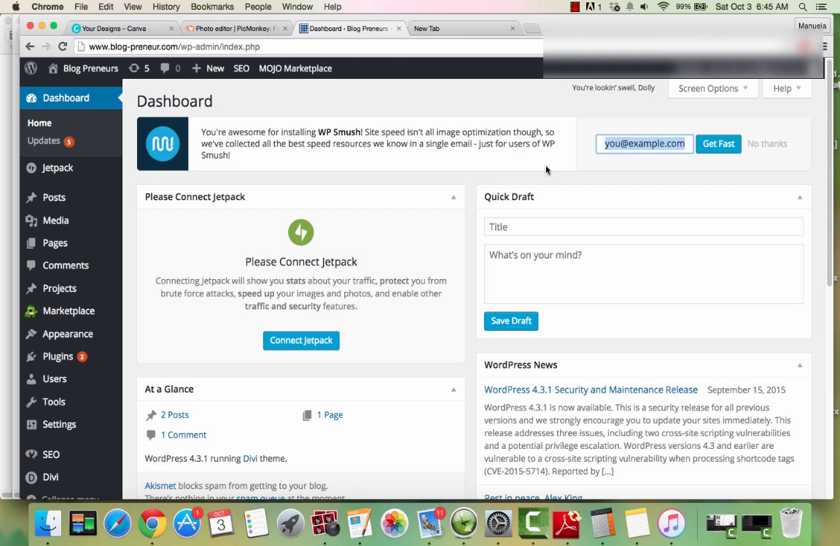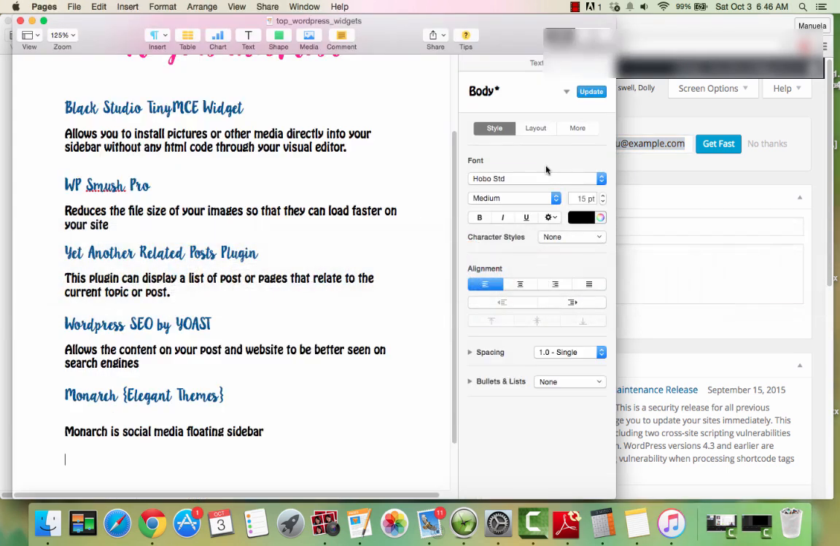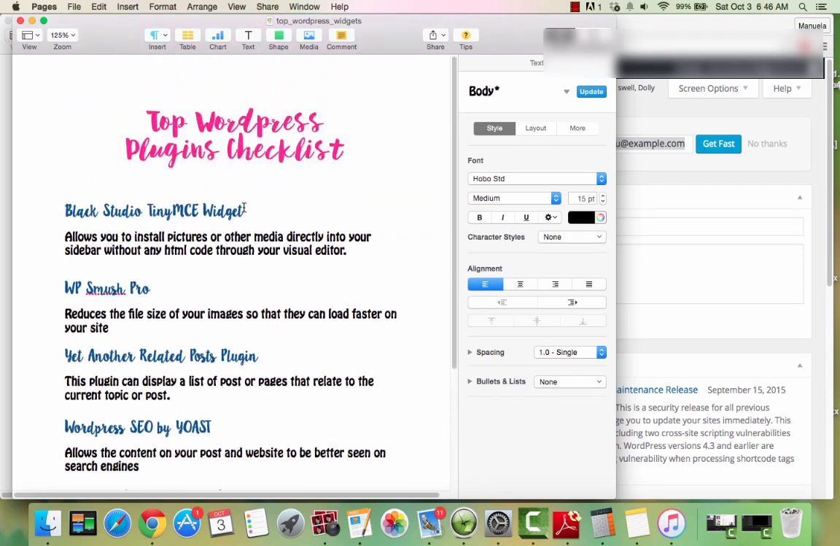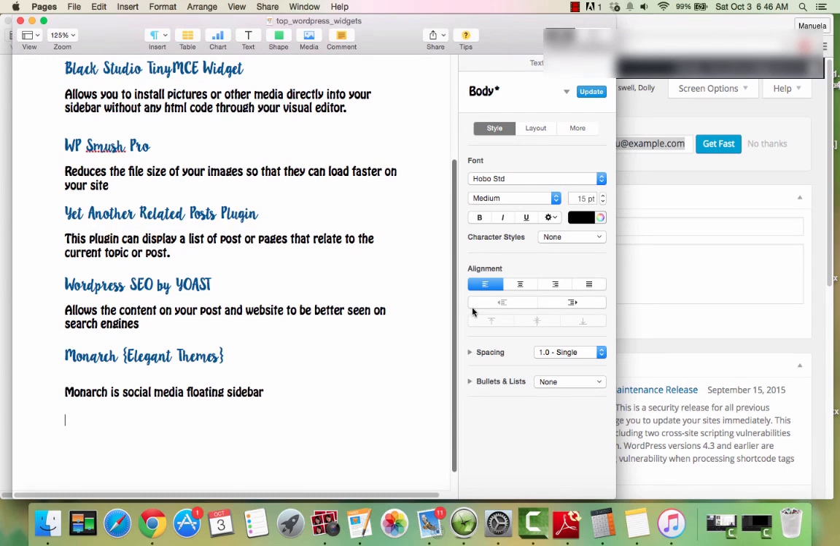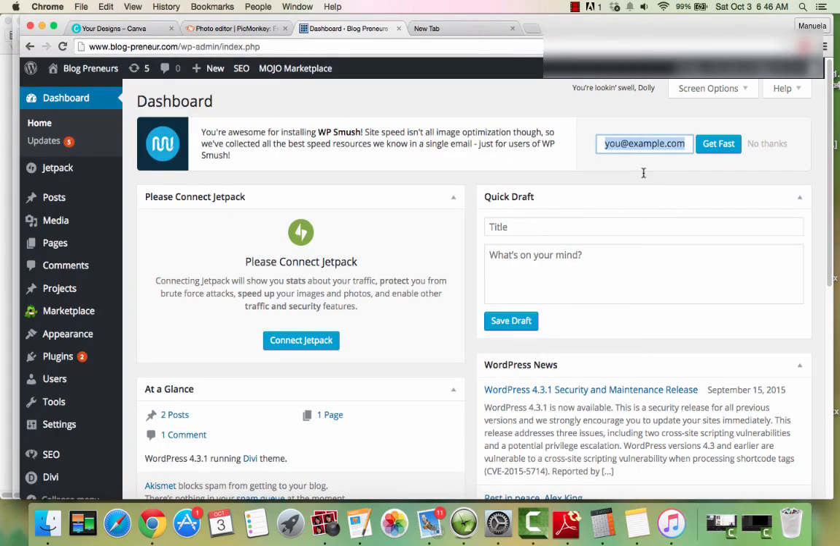So where we left off last time is I was giving you a list of the plugins that I suggested that you might want to get started with, okay? So here's the list, just an overview again. Black Studio, Tiny MCE widget, WP Smush Pro, yet another related post plugin, WordPress SEO, and the Monarch Elegant Themes, okay? So what I want to do today is go through where you find these plugins, because